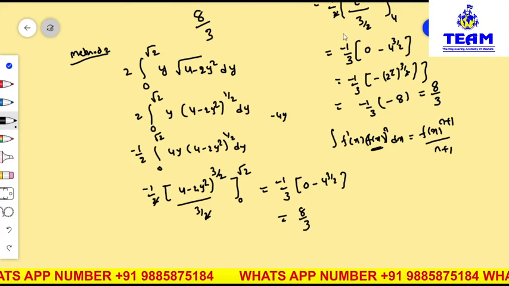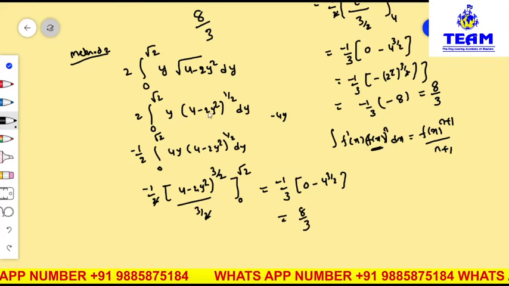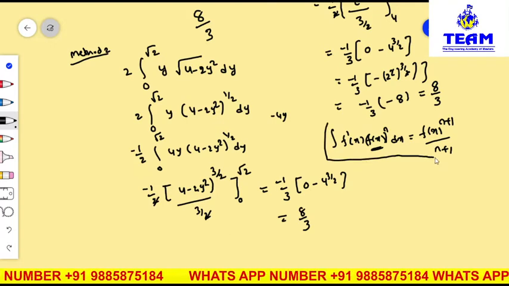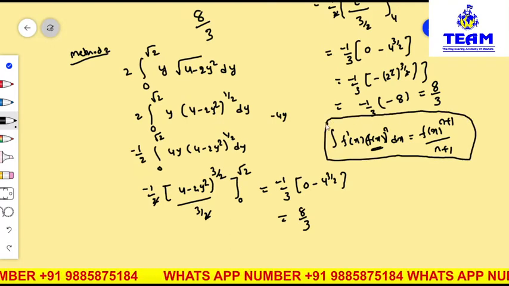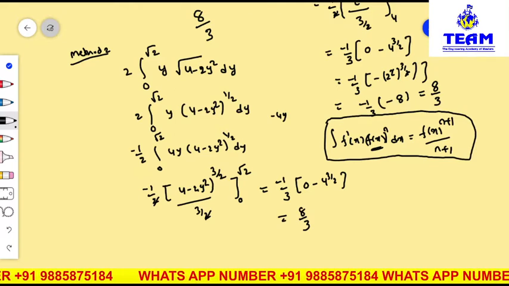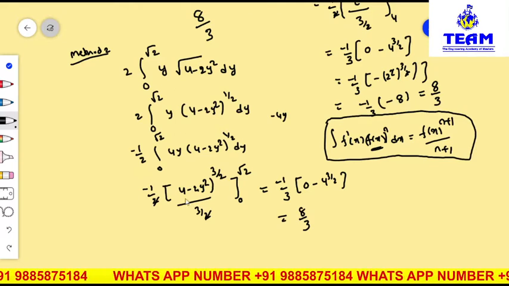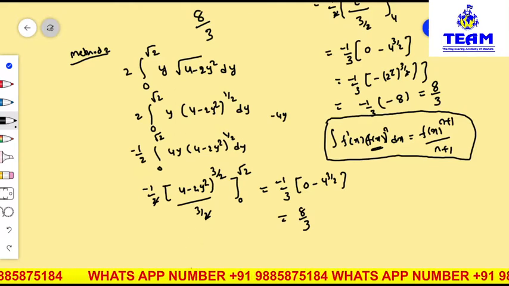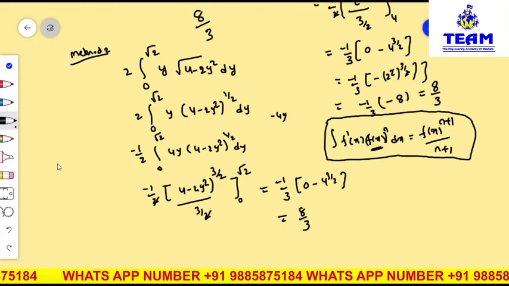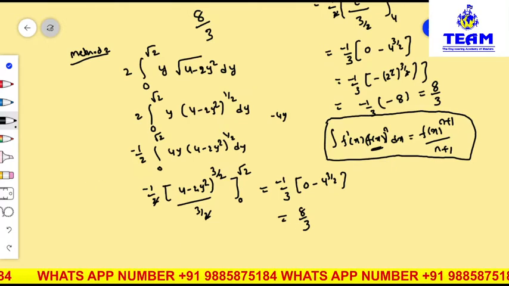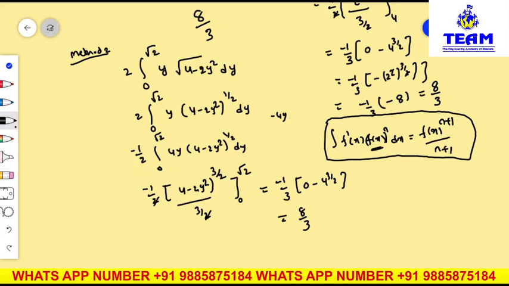Okay. So this is a substitution method, friends. Here I have done directly, which formula I have used means this formula I have applied. Friends, you can do this one by using calculator also. In the calculator you enter these values. Okay. You can get the solution directly. Single integration Casio calculator is there, so you can get. I will show you this one if you want. One moment please.